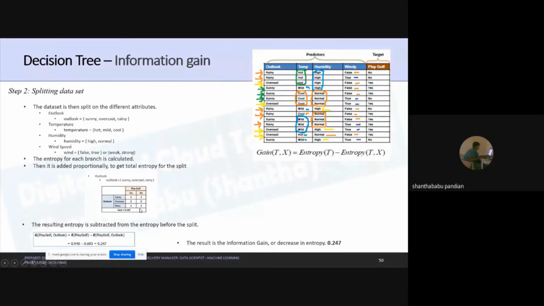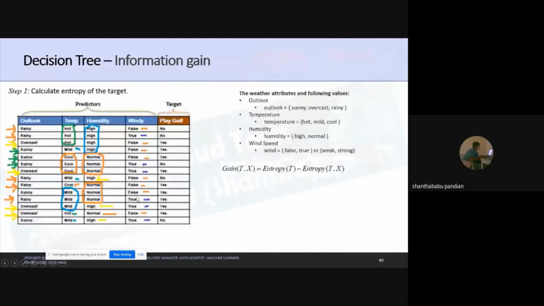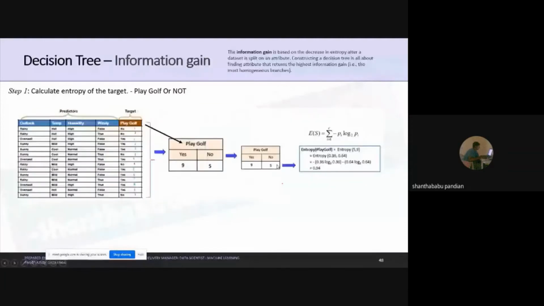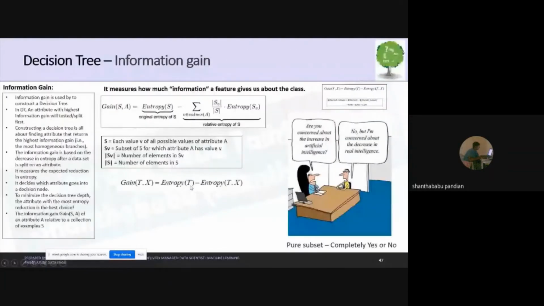So I'm going to apply this in the formula, the entropy of my target as well as my predictor. My x variable is independent, that's the reason it's in the form of x. Okay, so we have the formula with the summation of this value. Don't confuse yourself. We need to apply the entropy of each individual value and then subtract that from your entropy of t. Entropy t is nothing but the value I already calculated,